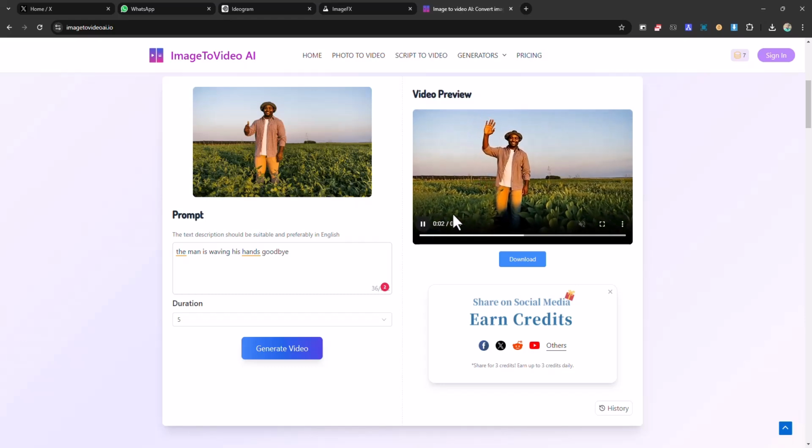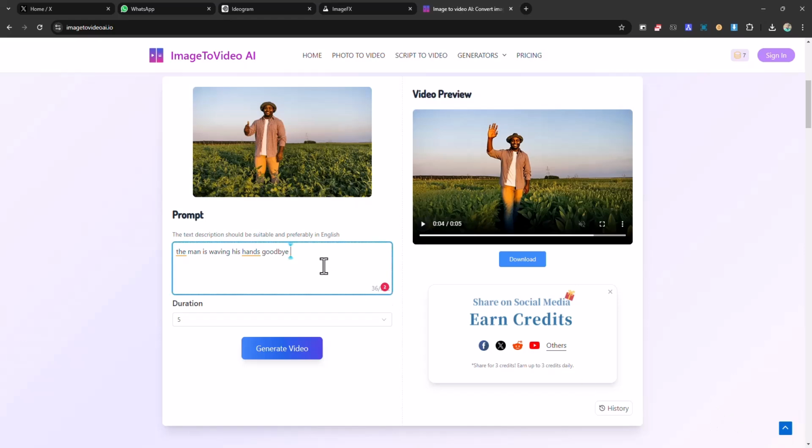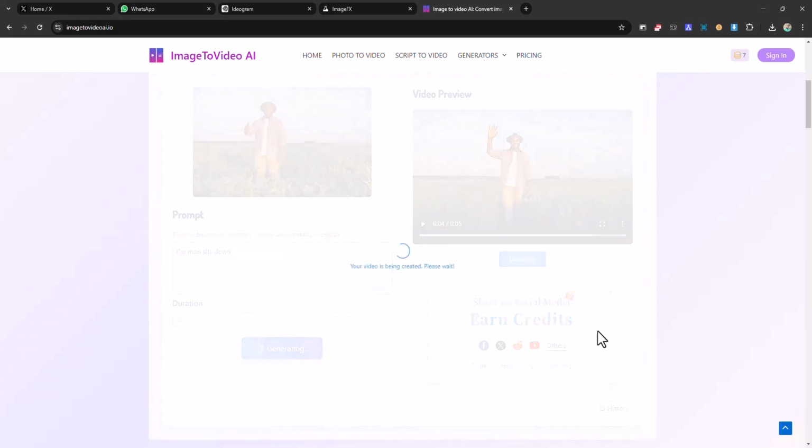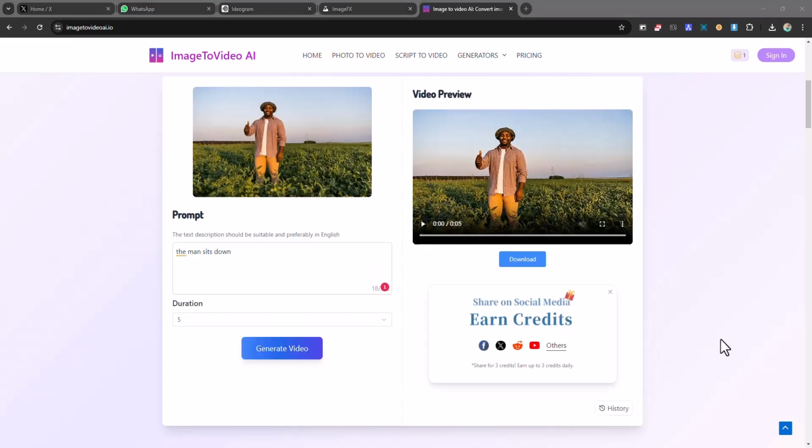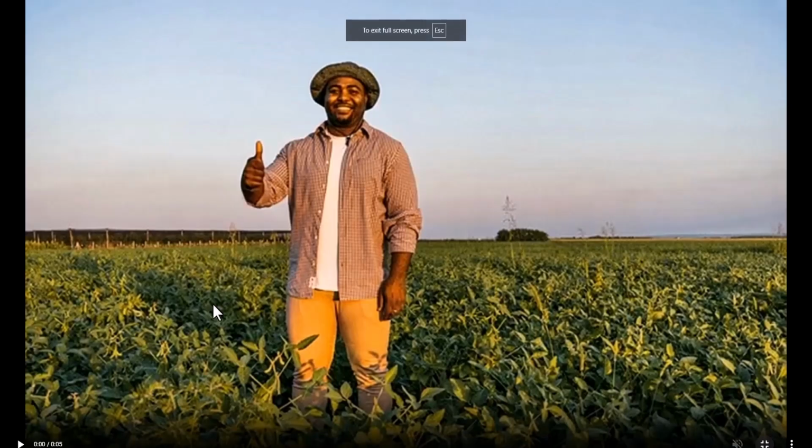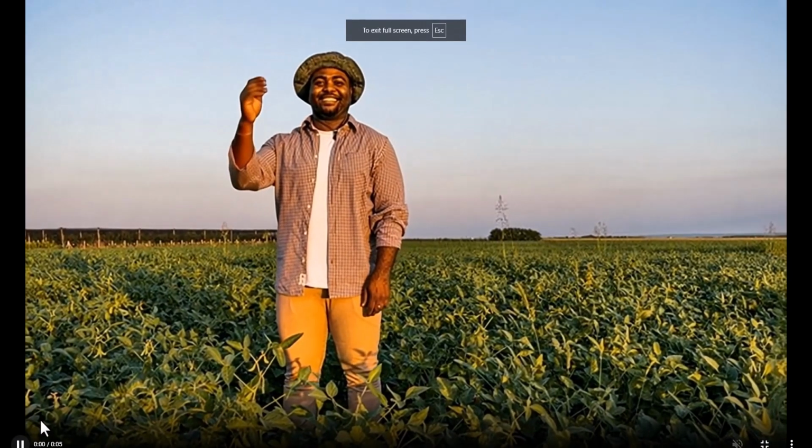Let's try to get him to do something else. Let's say the man sits down, for example. We'll go ahead and click on generate. Okay, now we run the second prompt. The man sits down, so something simple to do. So we'll now see the results of that. Let's go ahead and check that out. So if we play this,